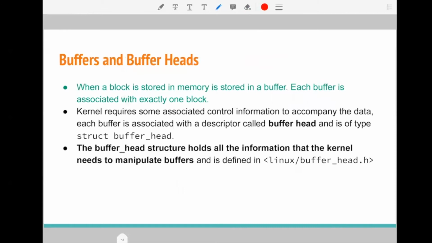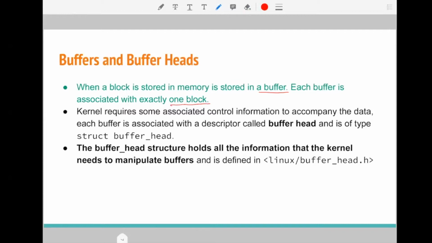Let's now discuss buffers and buffer heads. When we map a block of a disk or a block of a file system into main memory, we call it a buffer. So this buffer is associated with a specific block.